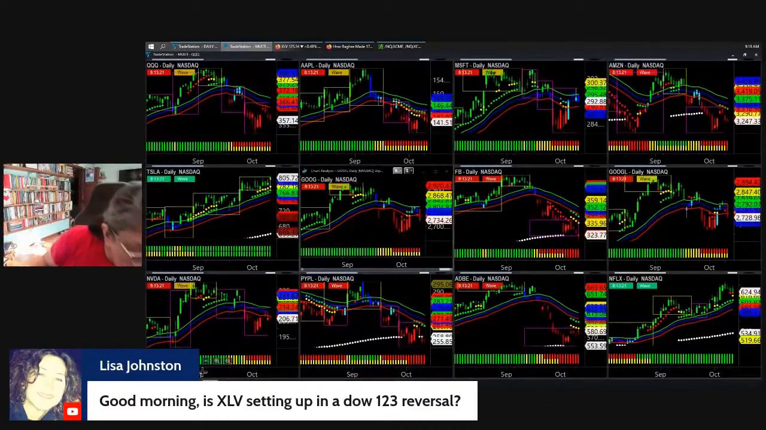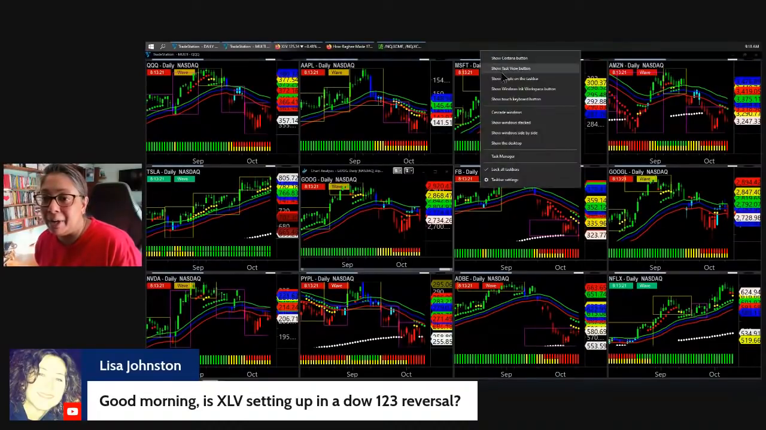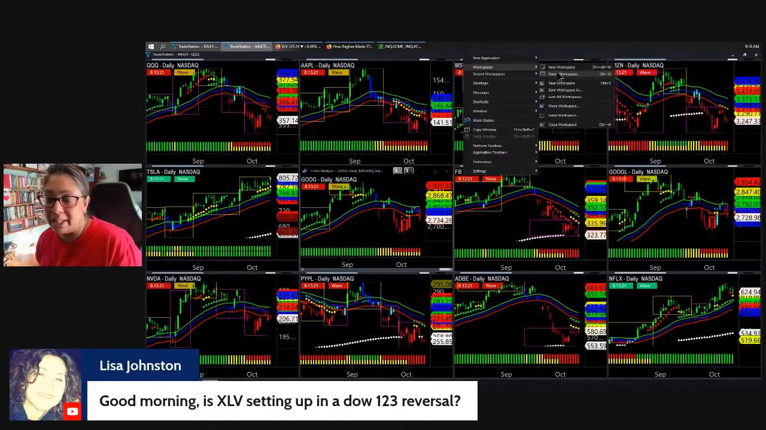XLV. Do I have XLV? Gosh, that's such small font. Okay, I couldn't see that. I couldn't see if I've got that multi open. So let me open that for you, because this is such a great